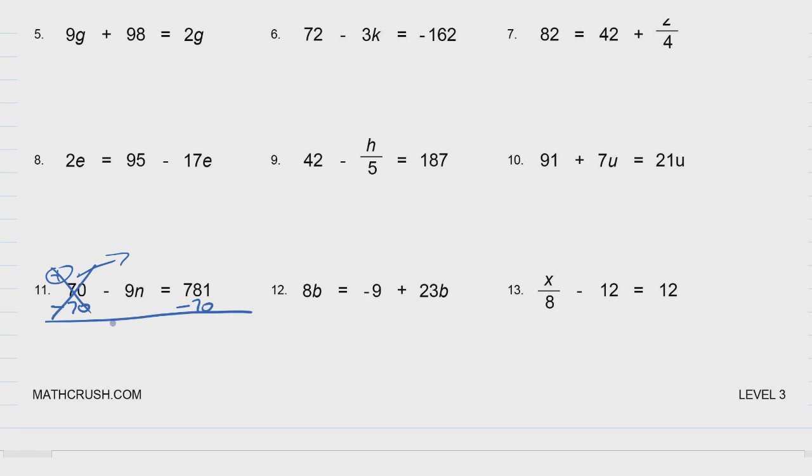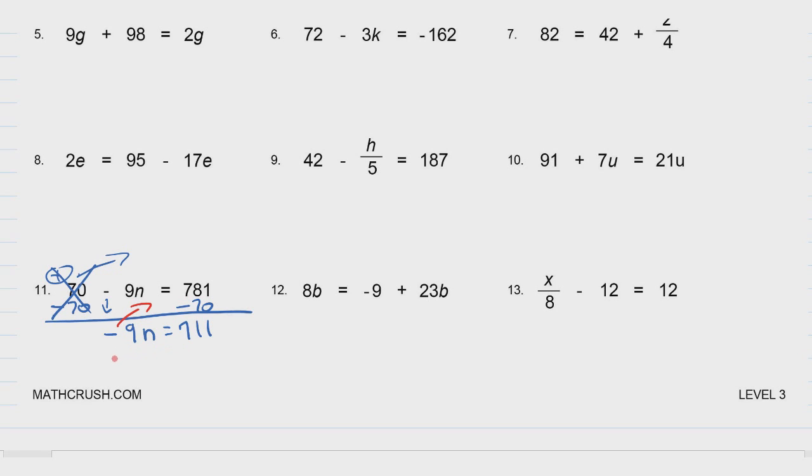The 70s are gone. So you end up with negative 9n. Don't forget that subtraction sign is a negative. Over here you have 1 minus 0 is 1. 8 minus 7 is 1. And 7 minus nothing is 7. So you get 711. Hey, 711. Now, you're going to want to move the negative 9 towards the number because he wants to join his